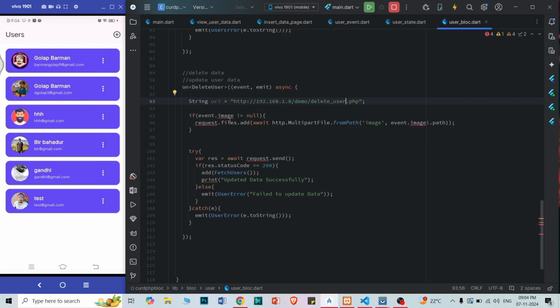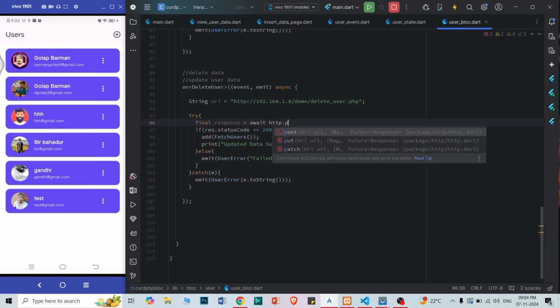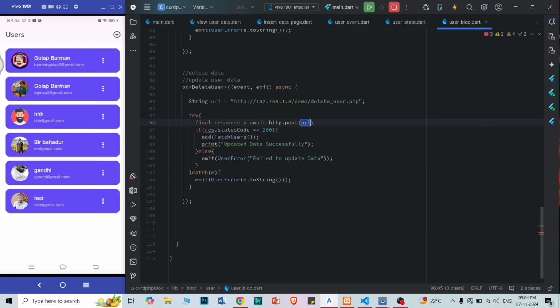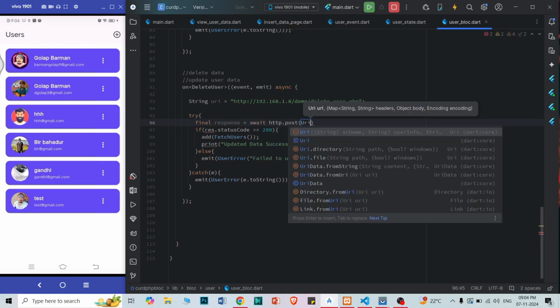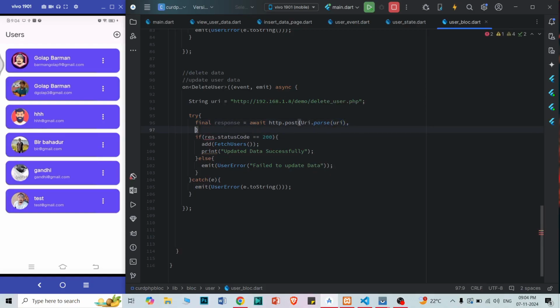Our endpoint is set. Now here, try final. Okay, so let's do one thing, we don't need this final response. Okay, wait, http dot post. It will be post, and here URI dot parse, and that will be URI. And in the body section